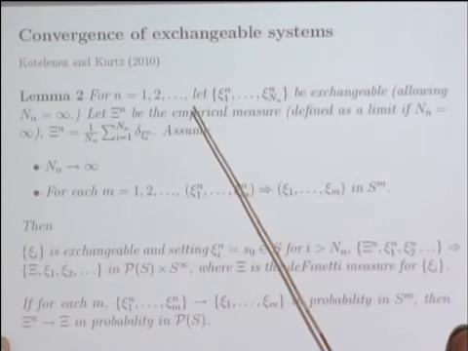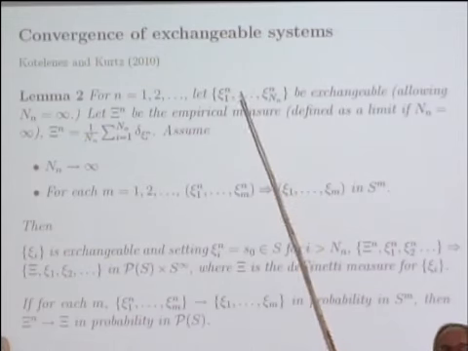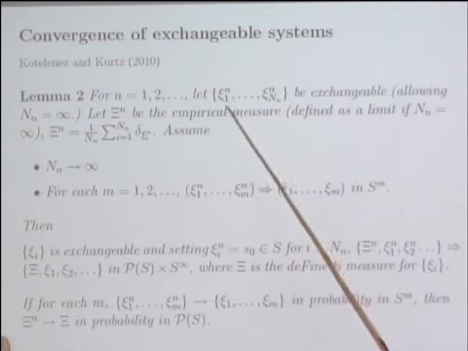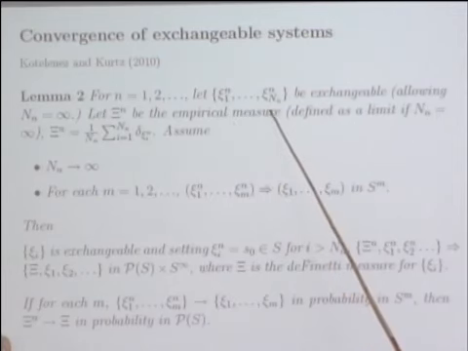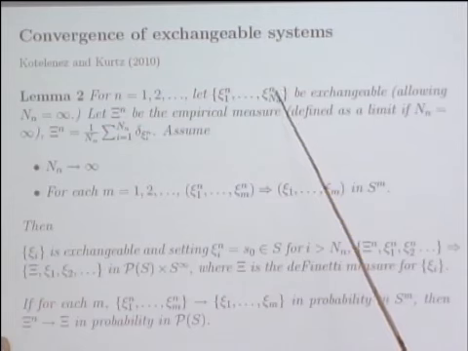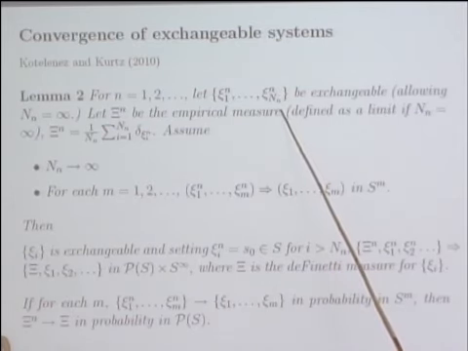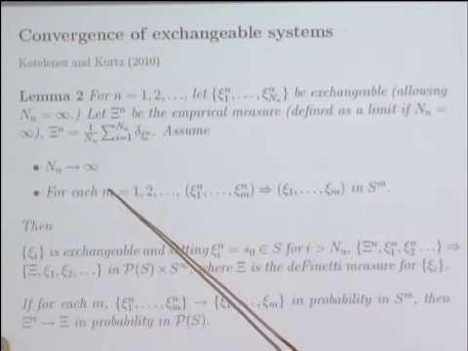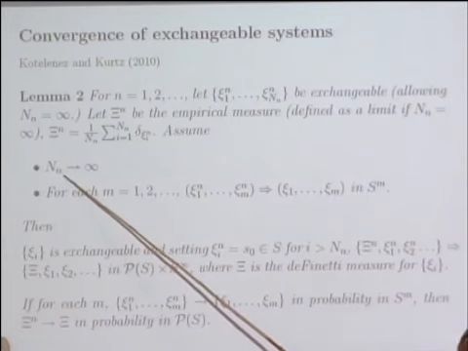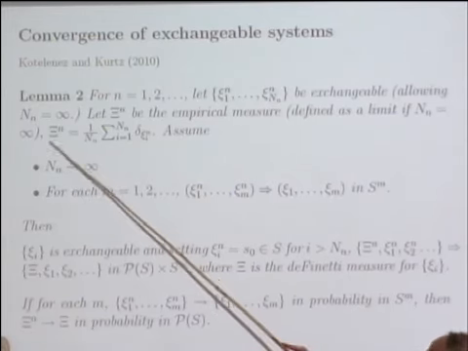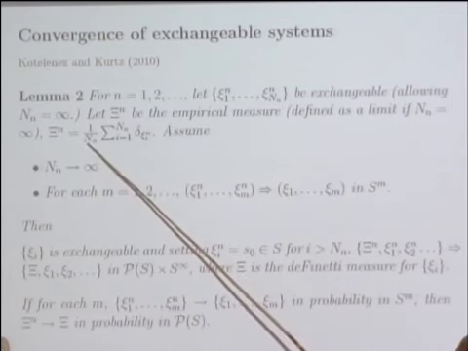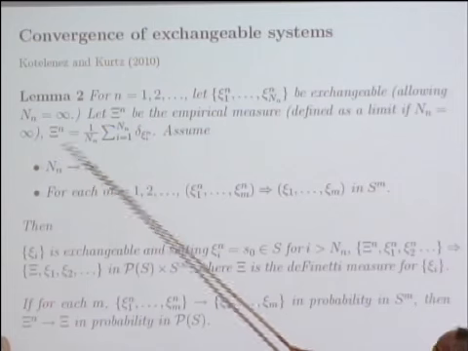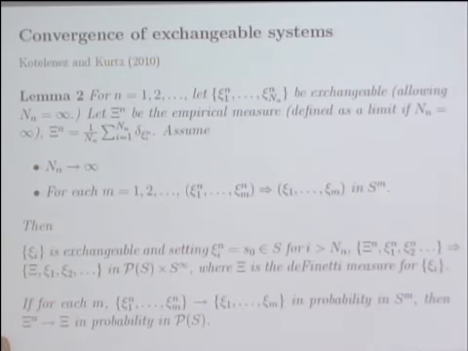So this gets a little bit complicated and tongue-twisting. If I have a sequence of exchangeable sequences, got it? Okay, n is going to go to infinity. For each fixed little n, this is a finite or possibly infinite exchangeable sequence. The requirement here is that capital N sub little n goes to infinity. It may already be infinity. Either way, this is the empirical measure, or the infinite empirical measure. This is De Finetti's measure if capital N happens to be infinite. Otherwise, it's just the standard finite empirical measure.